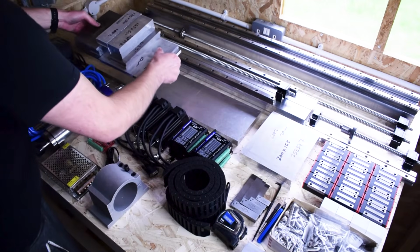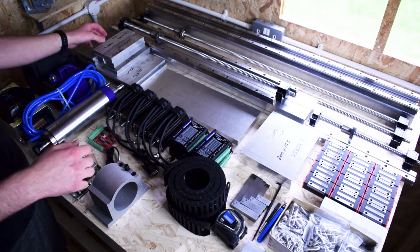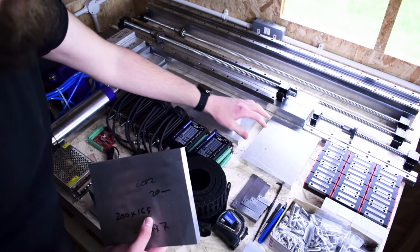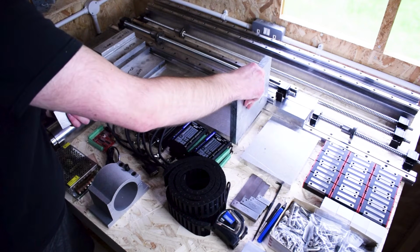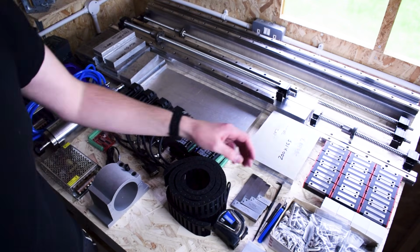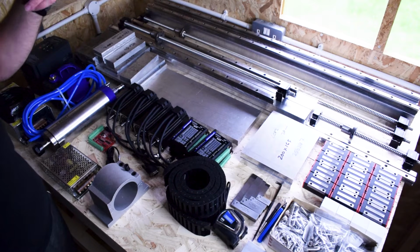So a lot of these pieces here are used all over the machine to sort of hold the frame, hold the motors to the frame. These are bearing blocks that I've created to connect these big plates here to the bearings. So in terms of the gantry here, the idea being that this will connect to the gantry there, and then this connects to the bearing blocks, just like this. So you can see I'm going to have to drill through there and tap as well. Over here we have the bearings for the linear rails. There's 12 of them in total,